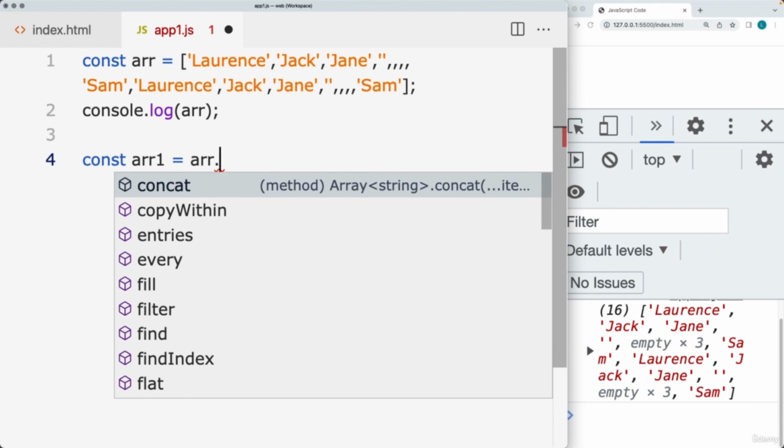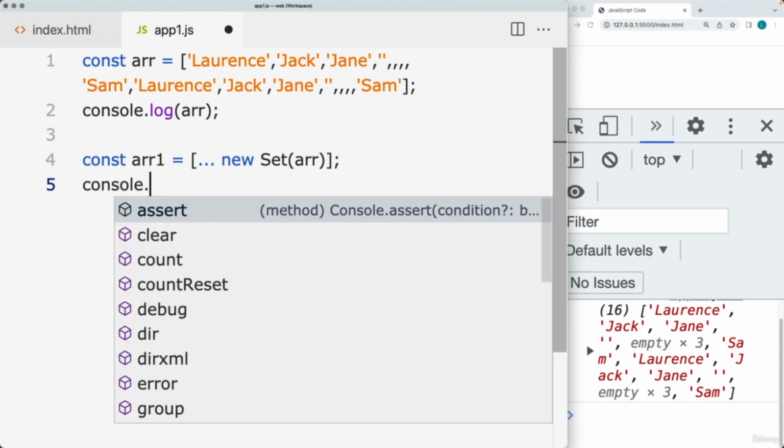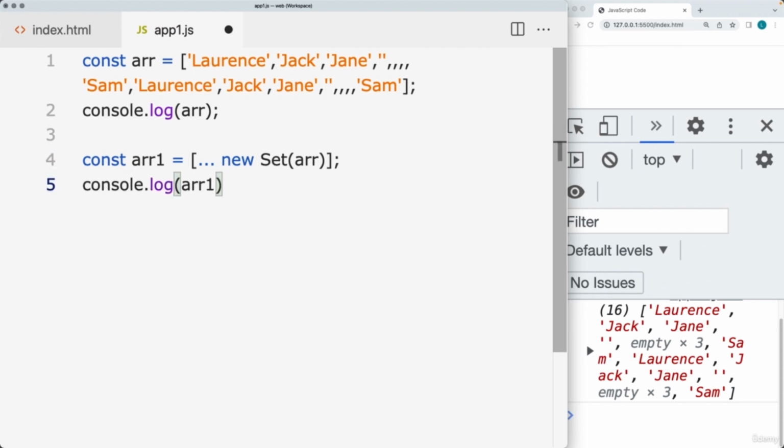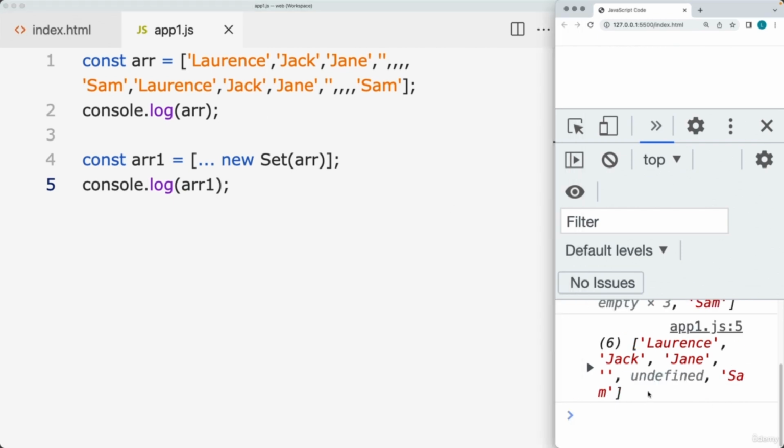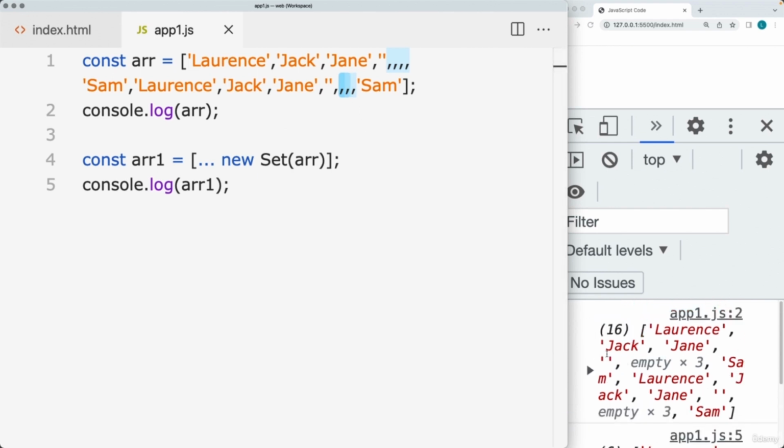and this can be done using the new set. So creating an array and returning back within the array the new set value, and then using that original array as the constructor for the new set of values. So when we log out the new array that's been created, this will remove out all of the duplicates. And it's not going to remove out the undefined and the empty ones. So those are still available as they were, it just removed out the duplicate instances of it, but it kept all